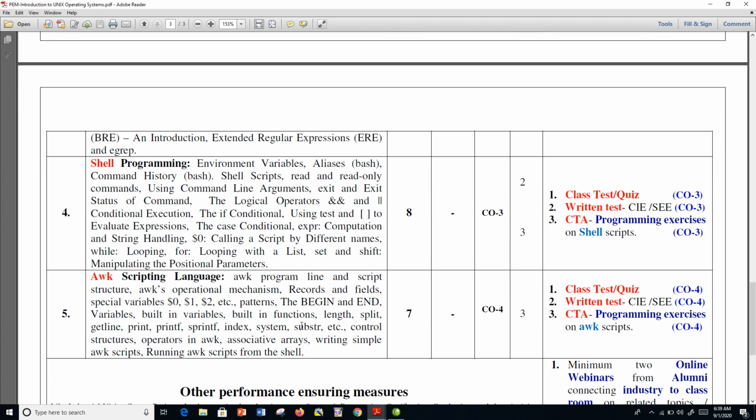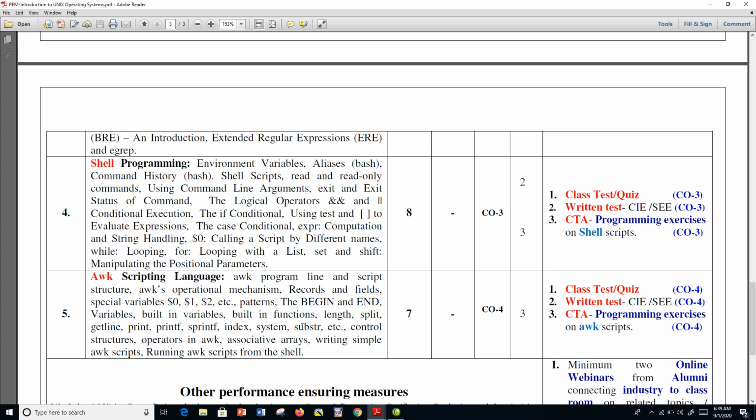The last chapter speaks about the awk scripting language. It is yet another beautiful programming language which will help you in processing data sets. Today we talk about big data analytics. When you look at big data analytics and the associated programming languages, you find that the root of all these things lies in the awk programming language, which we will see.